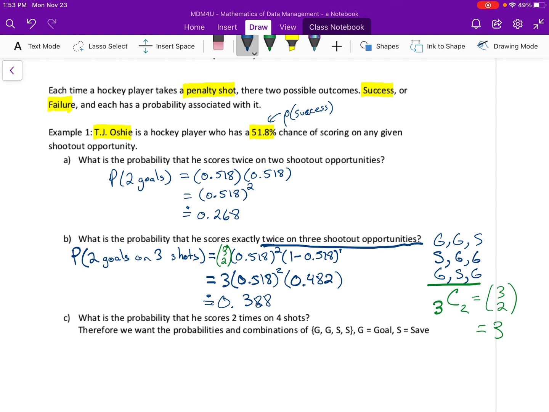So a better opportunity than if he just scored on 2 out of 2 opportunities. He's getting an extra chance to score. And so in here, again, hopefully recognize that the probability of not scoring is simply 1 minus the probability of scoring. But if we look at another one here, what's the probability that he scores 2 times